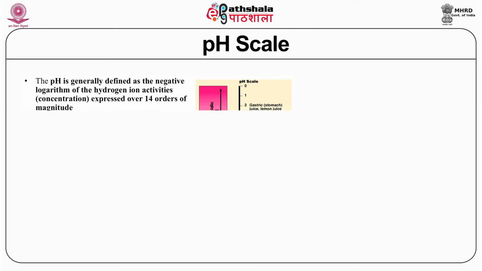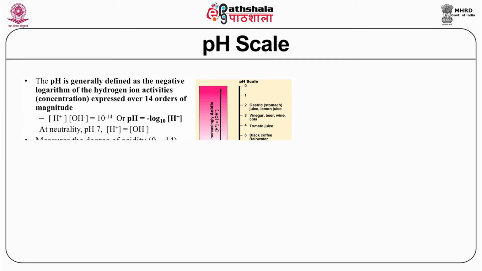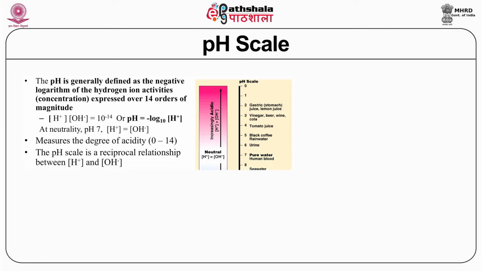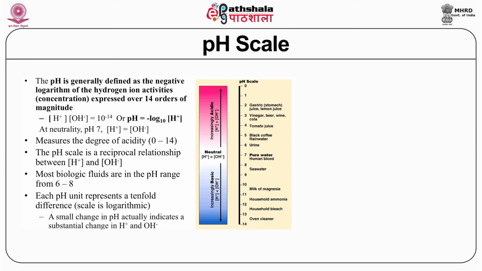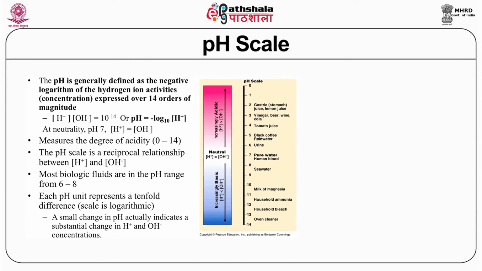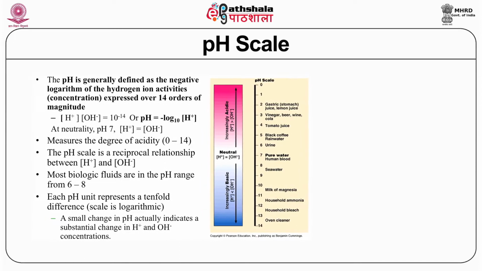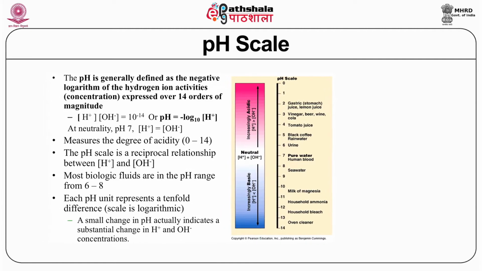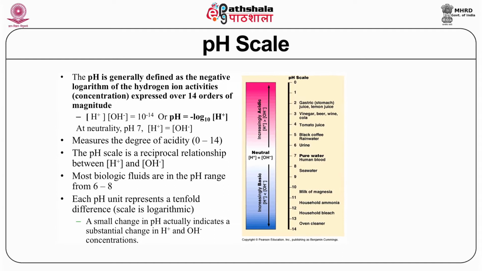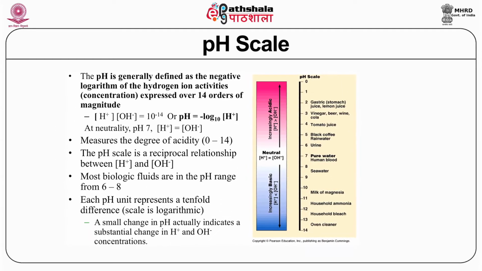So when you take water, it dissociates into H plus and OH minus. So the pH is minus logarithm of H plus to the base 10, and you have to multiply by 2.303 if you are converting from the logarithmic scale of e, the exponential. Most biological fluids are in the pH range of 6 to 8, not very far. Of course, in the stomach you have acidic conditions, and in saliva you have basic conditions. So this scale tells you about the different pH regions associated with biological fluids.